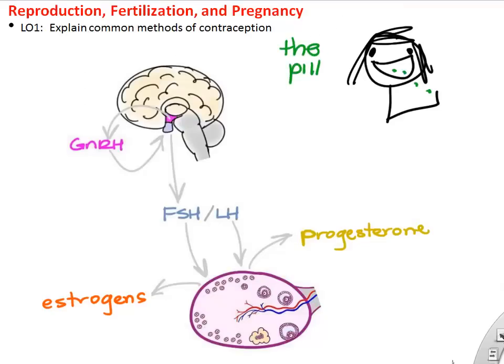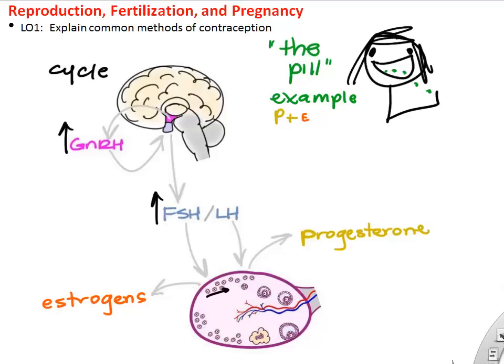What about the birth control pill? I'm just going to talk about one example of a birth control pill that's made of mostly progesterone and a tiny little bit of estrogen. That's a popular version. Orthotricycline is an example of a progesterone-estrogen mixed pill.